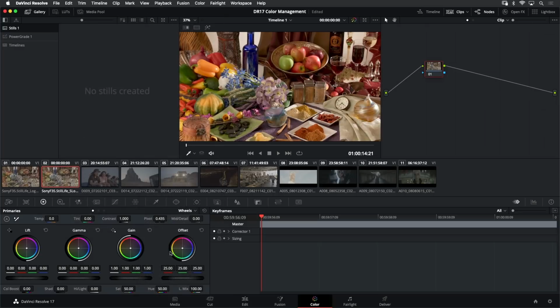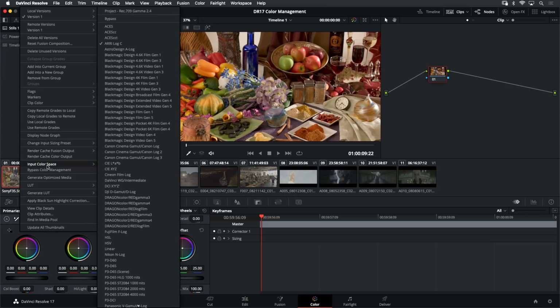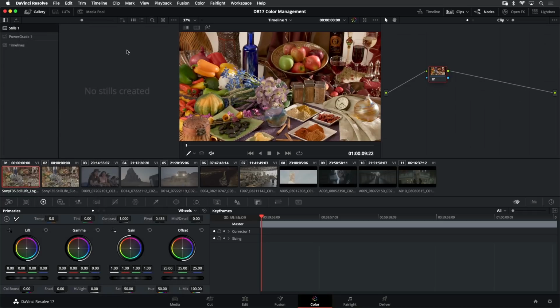Same thing, different name. With our input color space, we now need to scroll down and select S-Gamut3.Cine/S-Log3. And once we do, you're going to see that I once again have a nice normalized image with healthy contrast and color. And same thing here on shot number 1. I would want to right-click on this shot and select an input color space of Arri Log C, which I already have here. These images have now been successfully normalized and mapped inside of my Resolve Color Management workflow.